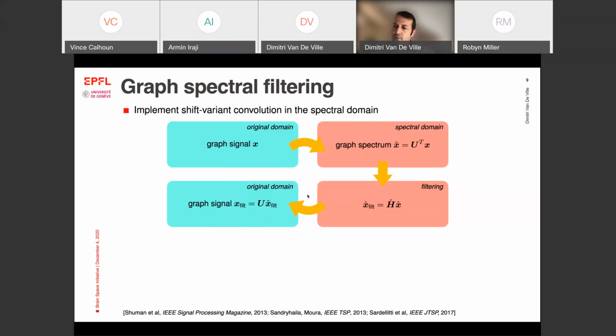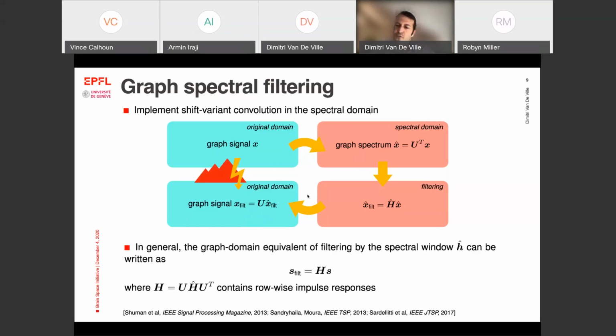spectral domain. But if you think about it a little bit closer, we actually crossed a very big difficulty because the connection between the graph signal and the filtered graph signal in the original domain is non-trivial. And that is because by our choice of graph operators that are shift invariant with respect to X, we actually have applied, through the easy spectral implementation, a very complicated shift variant filtering